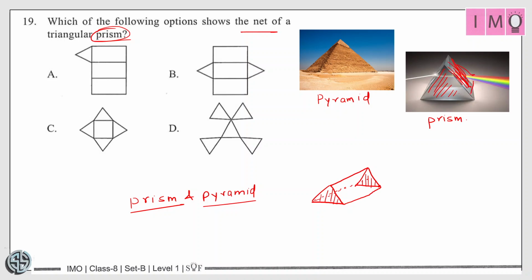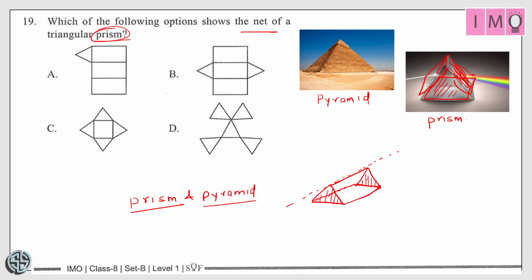So one rectangular shape here, one is on that side, right? This is the rectangular shape, and one is at the bottom, this is also a rectangular shape. So there will definitely be three rectangular shapes. Now if you try to cut the prism from that shape, you will definitely find that the below